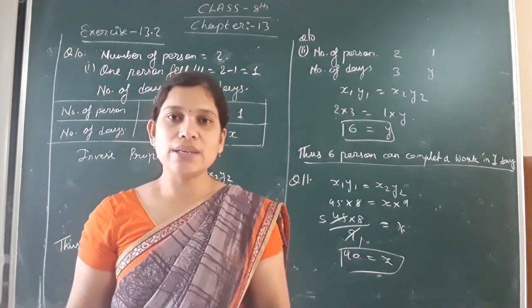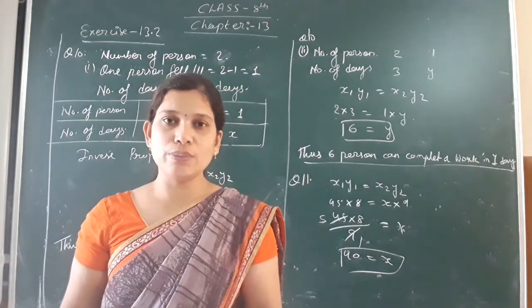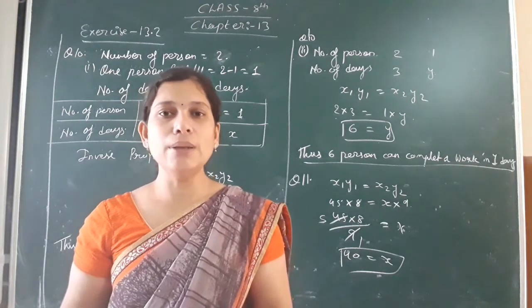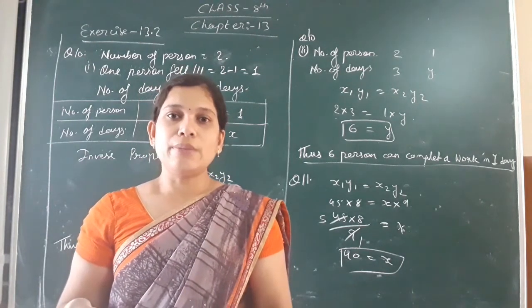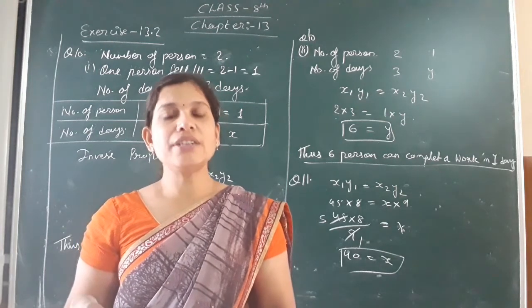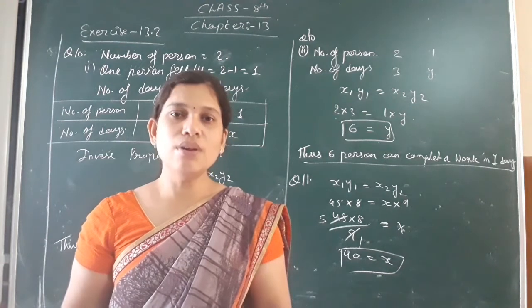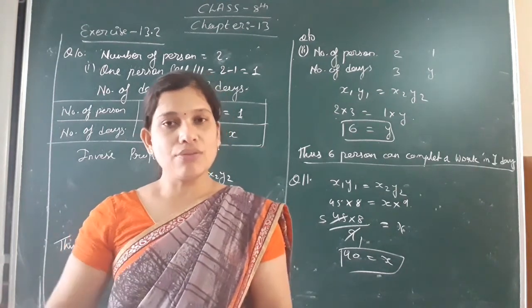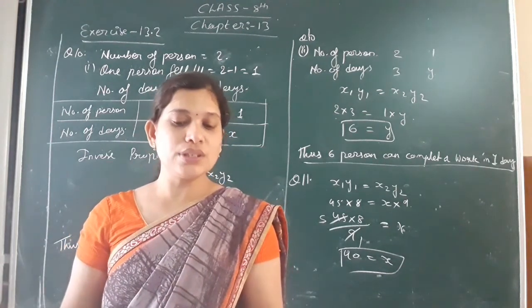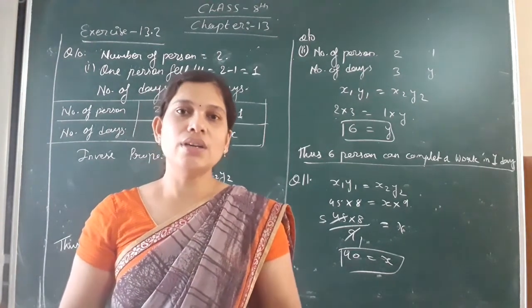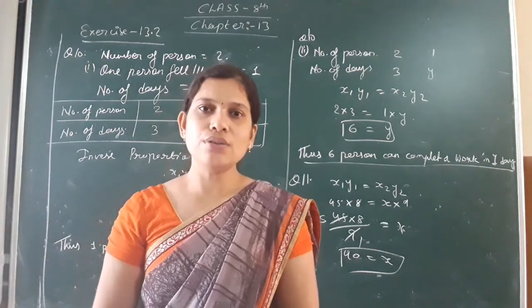Soon your post midterm exam is going to be held. So the syllabus for your post midterm exam will be chapter number 9, chapter number 10, chapter number 11 and chapter number 12. So these 4 chapters are going to come in your post midterm exam. So prepare for your exam. After the post midterm exam we are going to see chapter number 14, that is factorization. Clear to everyone? So here we are going to end our video. Thank you for today.